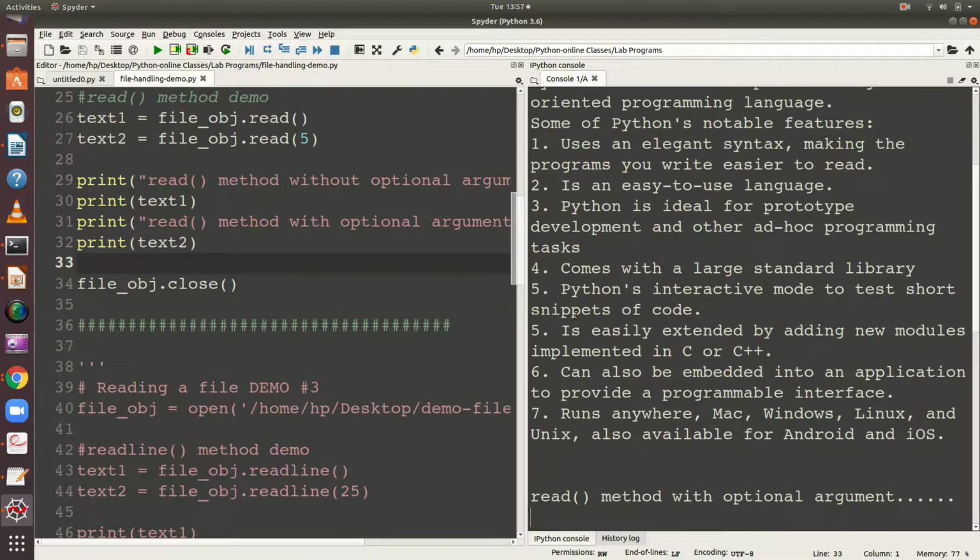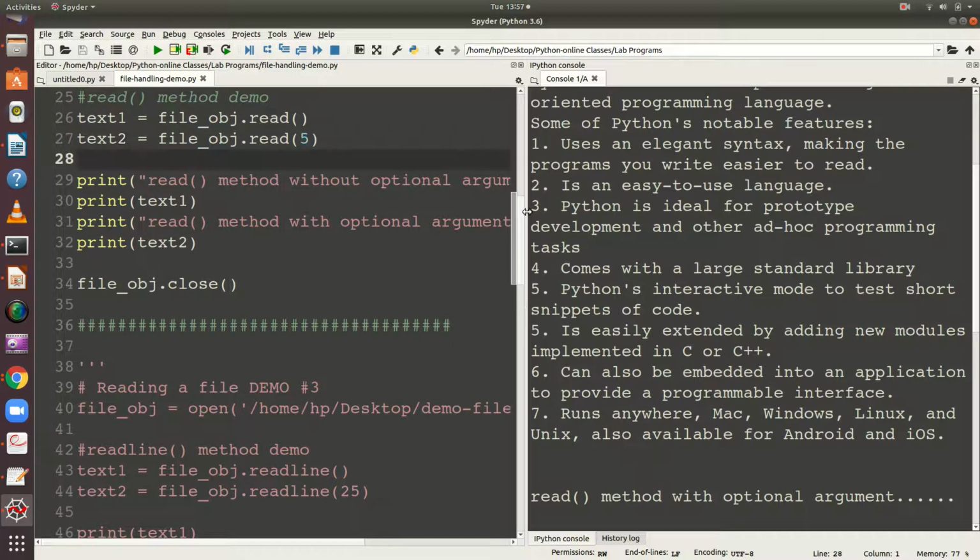It reads the entire content, and now when I come out of this read method, the file pointer is at the end of the file. So obviously there is no value available because it reaches the end of file. After reaching the end of file, again I give the read method with 5 characters to be read, but obviously there is no data available because the file pointer is now at the end of file.